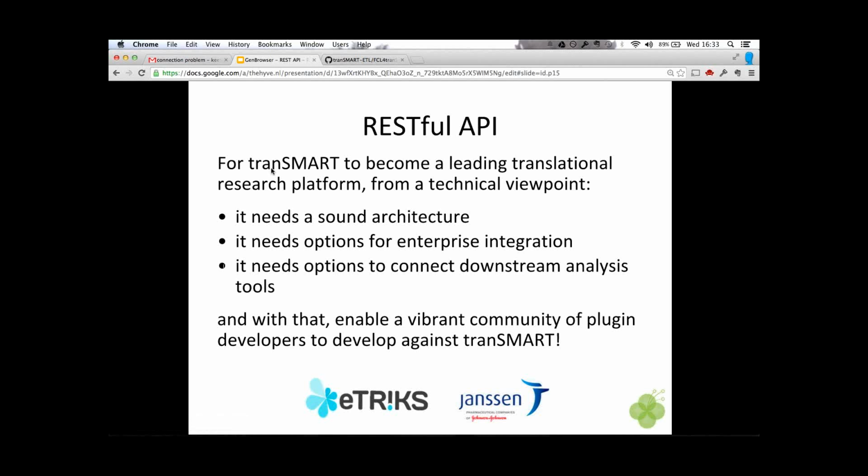If tranSMART wants to become the leading translational research platform, then I think it needs a few things. It needs a sound architecture, it needs options for enterprise integration, like I said, and also connect downstream analysis tools. So the RESTful API, and I'll just also briefly touch the other APIs that we have, was built and developed